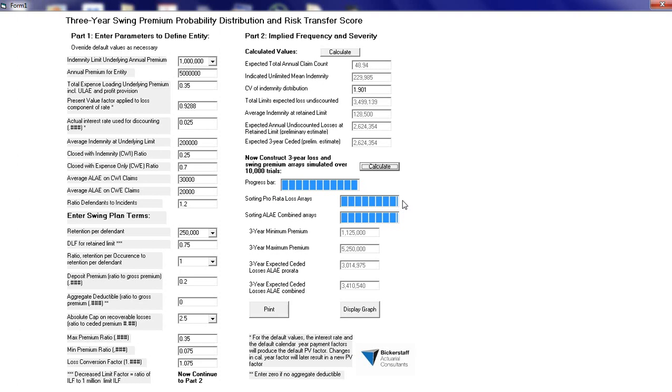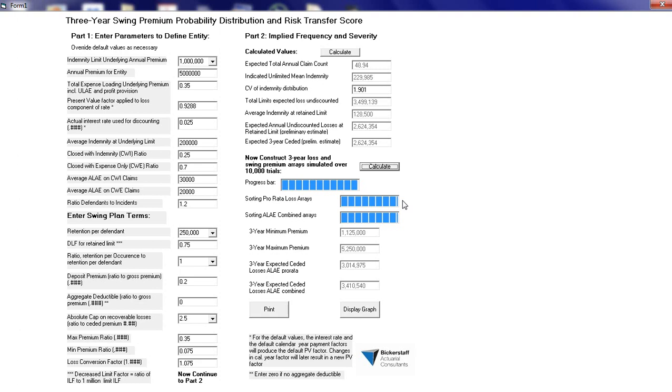you can define a loss in one of these swing plan arrangements. One would be that you've got an indemnity, and you determine the ceded amount strictly by the amount of the indemnity, and the loss expense associated with that claim is ceded pro rata. The other, and you know how that works, the other way is that you've got a definition of a loss which has the sum of the indemnity plus the loss adjustment expense, and that determines what the size of the loss is, and therefore how much of it,